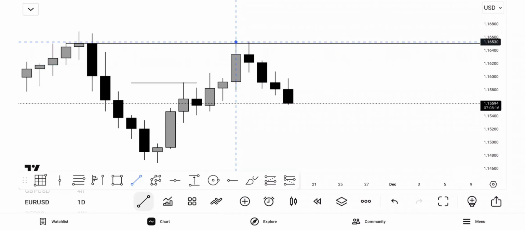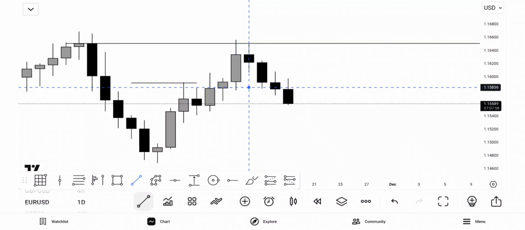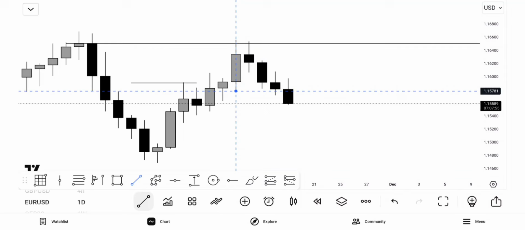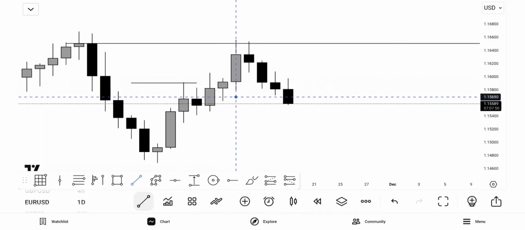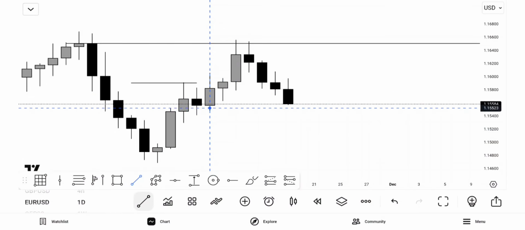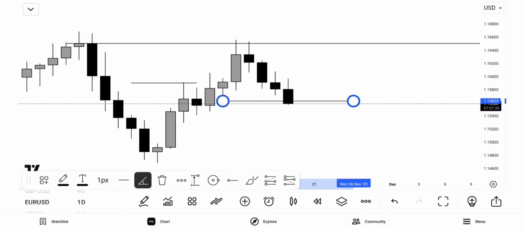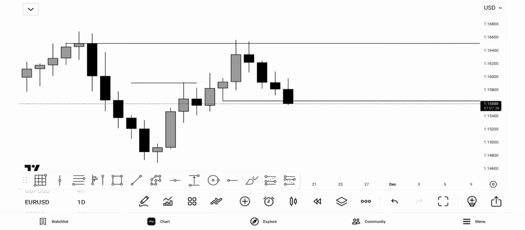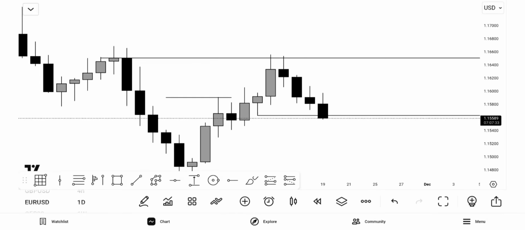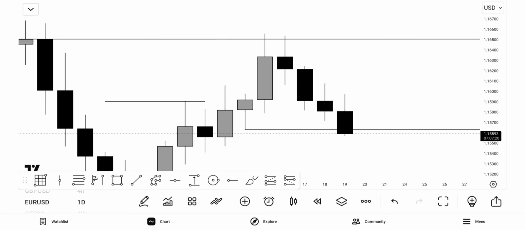But at least for a minimum target, we should be expecting that price should get to all these previous days' internal structure. At least you should be expecting price to get to all this previous week internal structure right here, which is this low, this low, this low. So at least we've gotten a perspective of where price is likely to get for now. So let's just mark that out. So basically, we are now trying to know what to do to engage. So when price landed on that level,